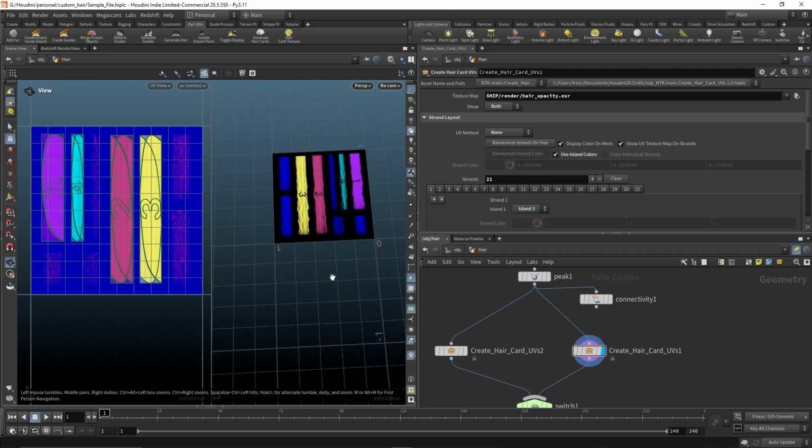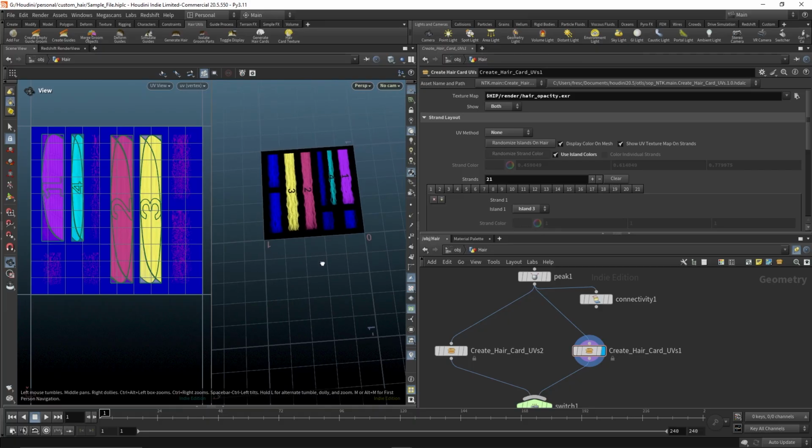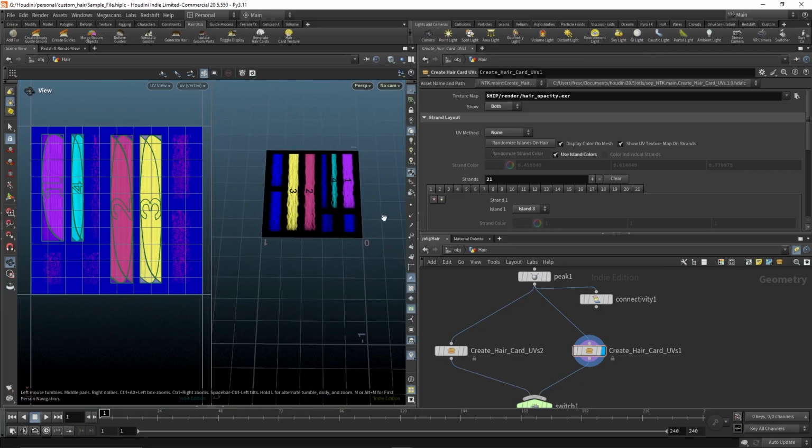It's really recommended that you orient them 0 to 1 or 1 to 0, whatever. If you choose none, you can orient your islands however you want and it will fit. But you want to have your UVs for each strand pointing the same direction. Otherwise, if you have them up and down,